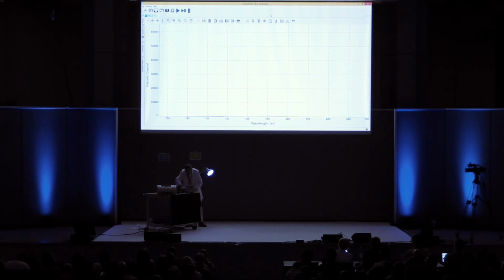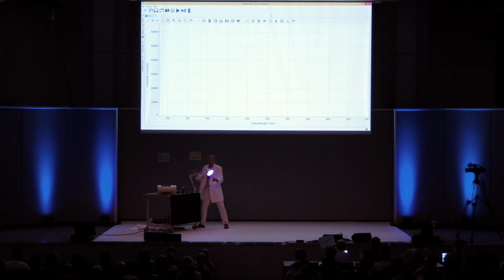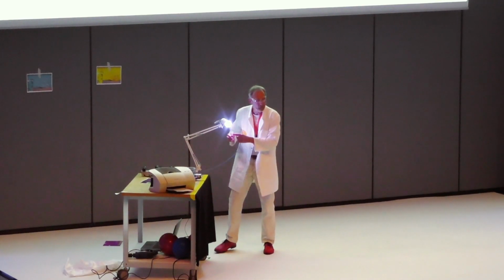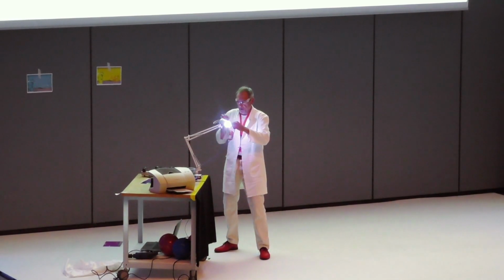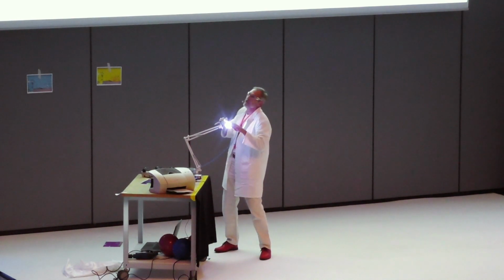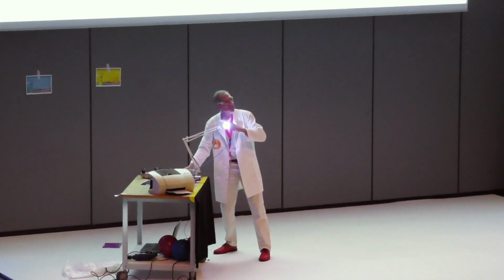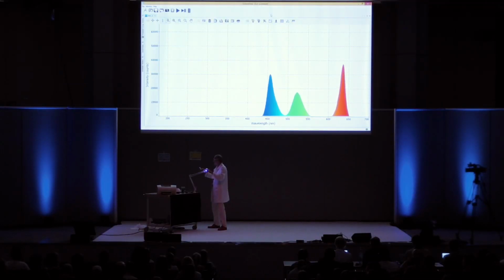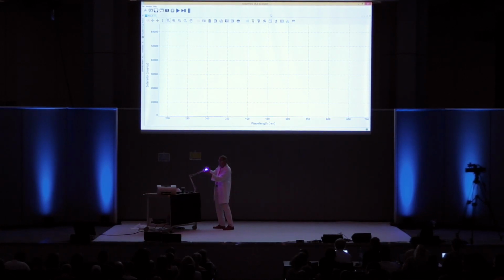The spectrometer is a special device that can help you determine the spectrum of a light, like this one, for instance. This one is white light. It's made of 3 individual LEDs. And then, if we try to change the intensity of each of the individual LEDs, you see that by mixing red and blue, you obtain magenta.